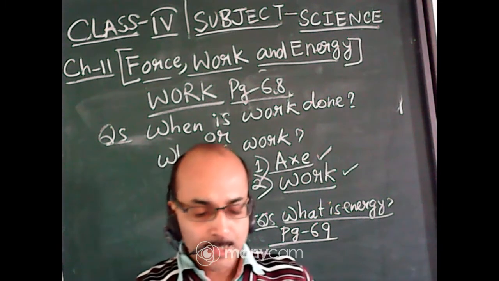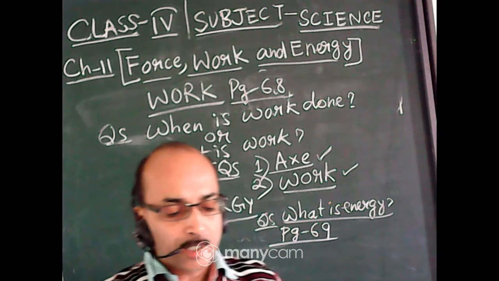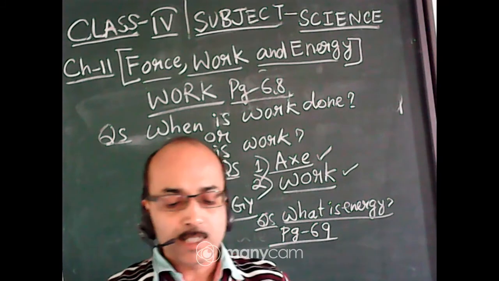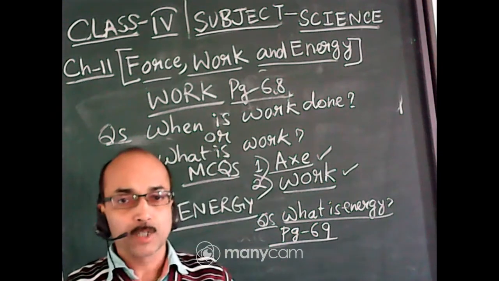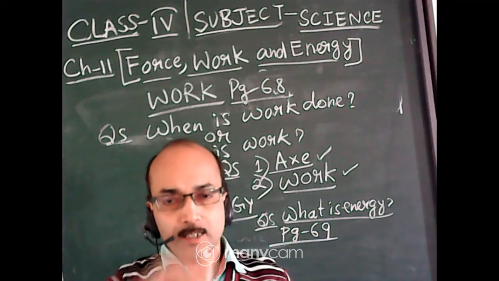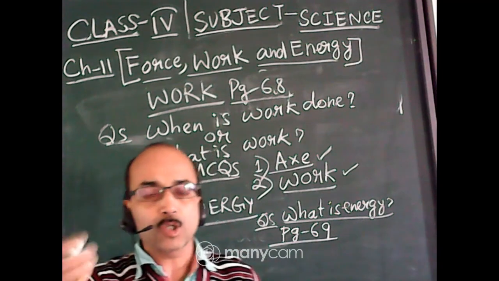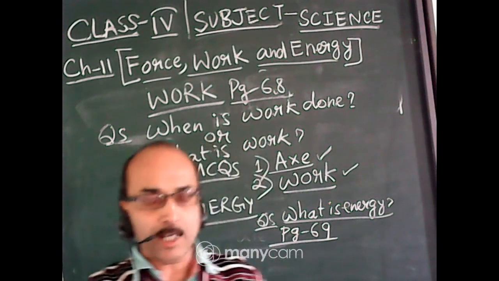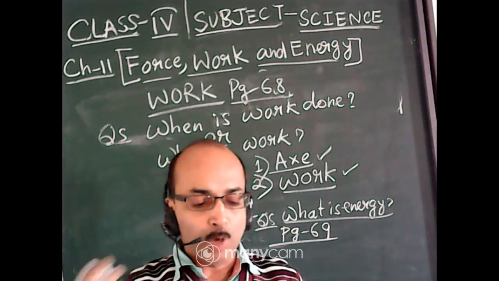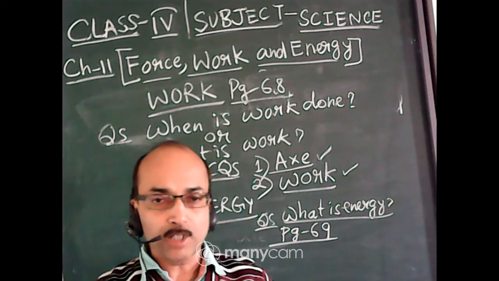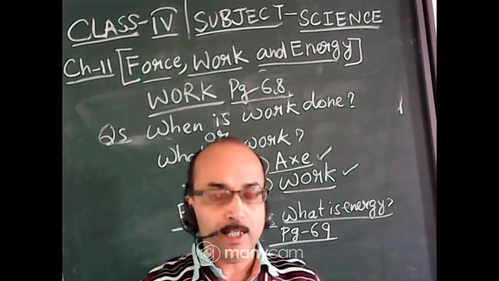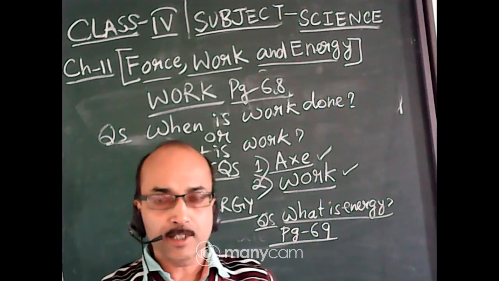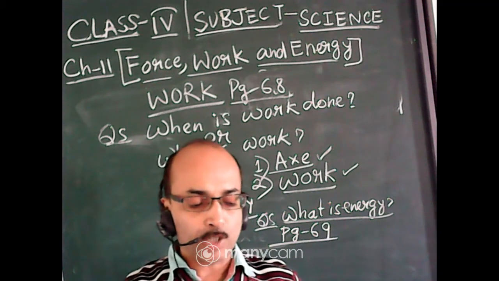You can find this on page number 69. Kinetic energy is the energy of an object due to its motion, and potential energy is the energy of an object due to its position. So remember those two types of energies. You will also learn this in higher classes. Some other forms of energy are magnetic energy, chemical energy, nuclear energy and atomic energy.